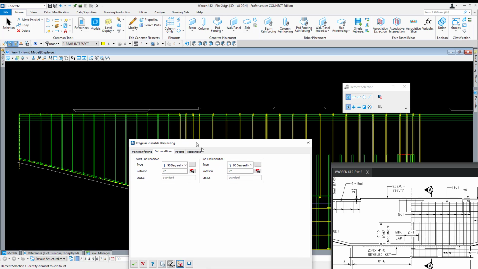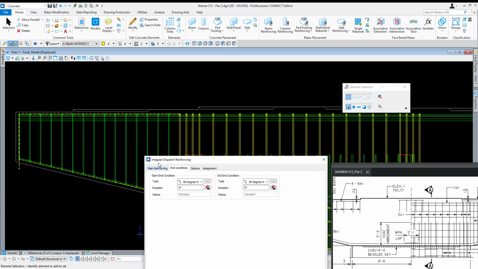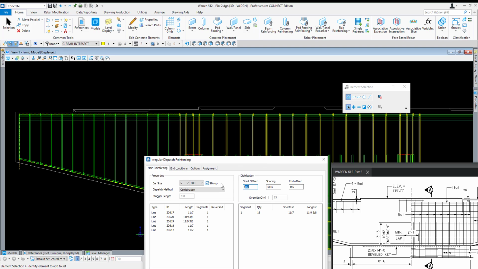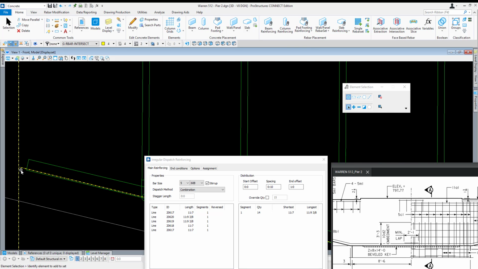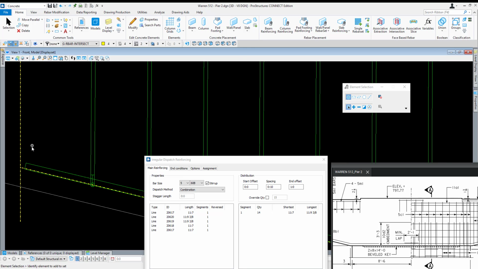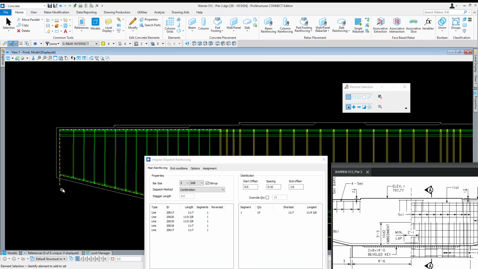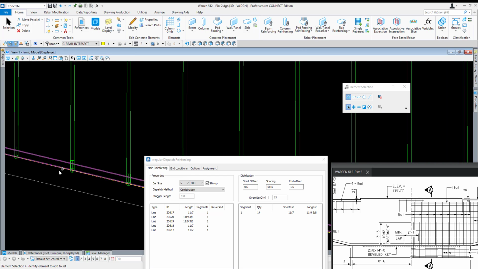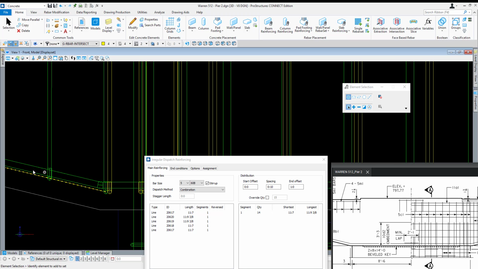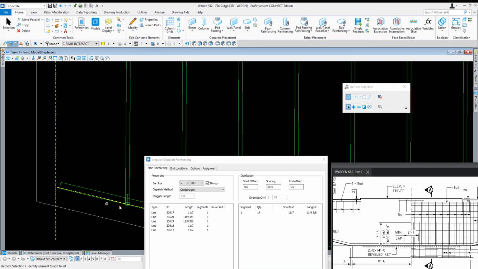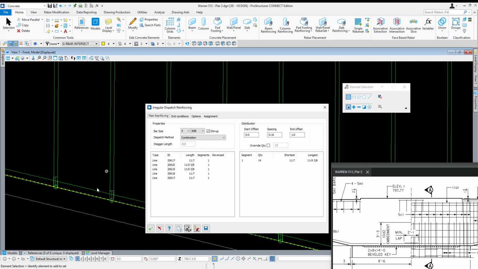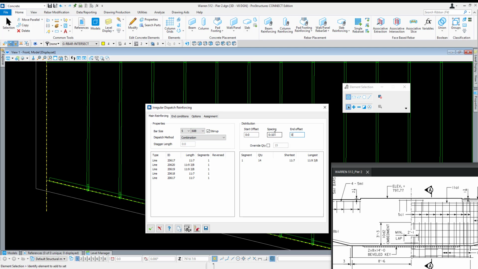And if I want to, I can apply a start offset. Now, because we have a sloping end in here, if I come back and apply a start offset, or actually an end offset, let's say 1 foot, you might see a little bit of skewing going on, just because 1 foot along that top line is a little bit further down than 1 foot along this sloping line, similar to a hypotenuse of a bar, for instance. Just by checking this, it looks like I may need to go back and make a little bit of an adjustment to my end here. Looks like it's cutting through some of these bars, and these bars are at the proper clearance, so that's a good check. But that being said, if I needed to apply a start or end offset,